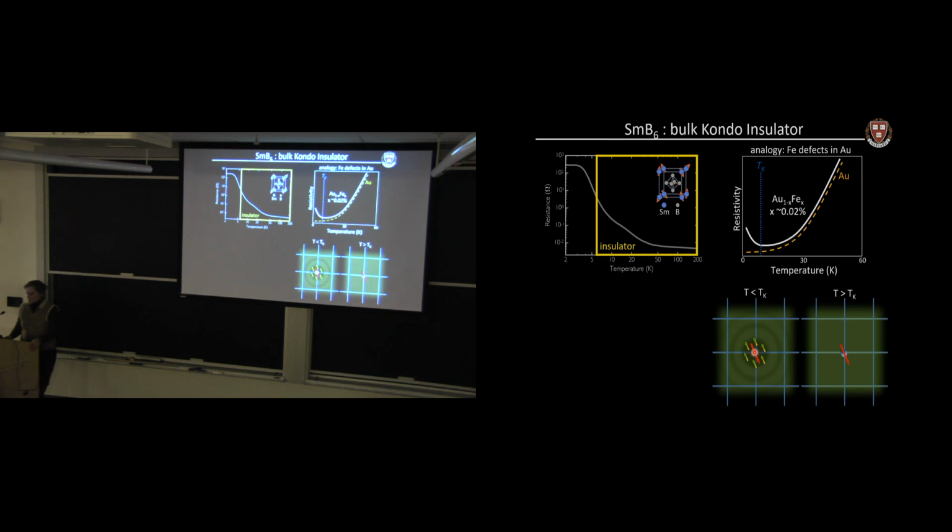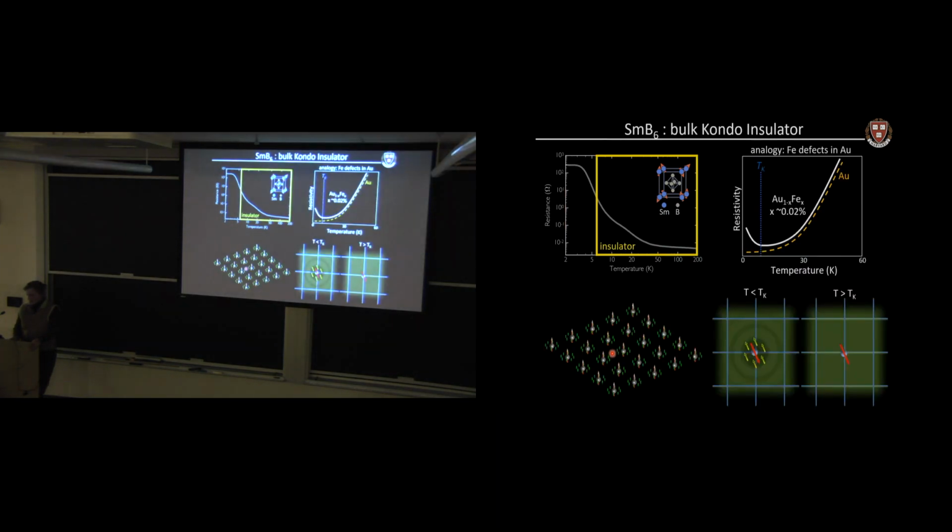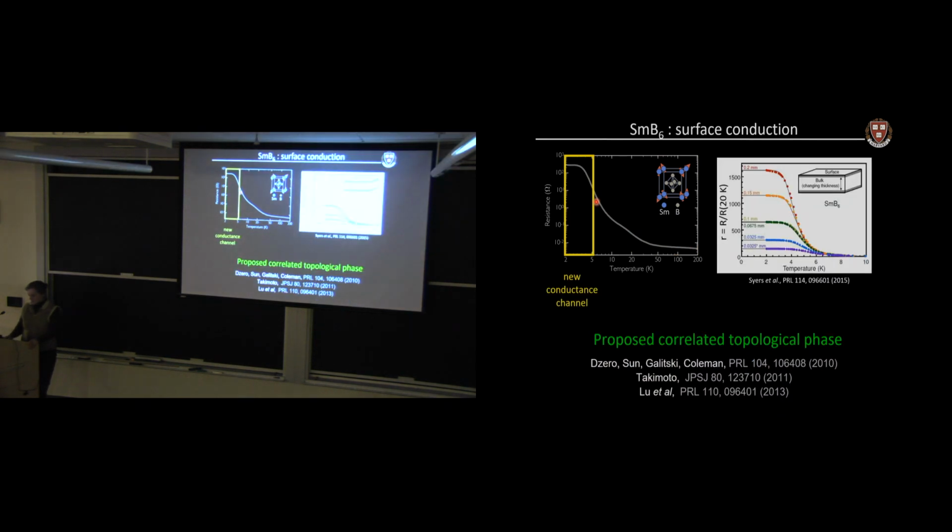But if you have a material like samarium hexaboride, where every single samarium is acting like one of these magnetic impurities, then you have a Kondo lattice, like this. So every single samarium is getting a screening cloud. And that effectively increases the resistivity of the material. It opens up a gap in the density of states as the conduction electrons hybridize with the F electrons that are localized on the samarium. And that is what increases the resistance as the temperature is decreased.